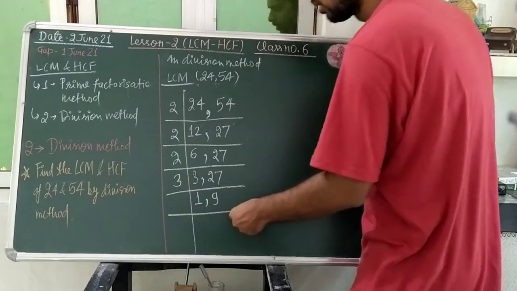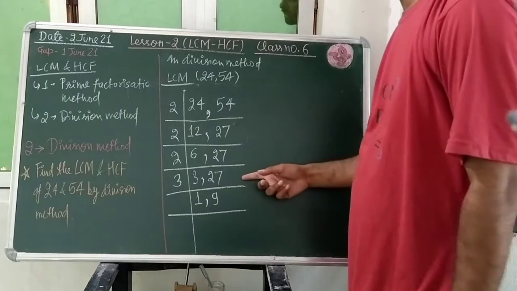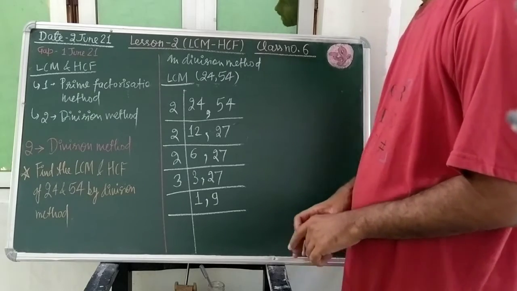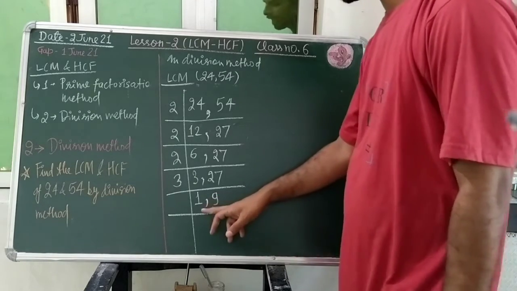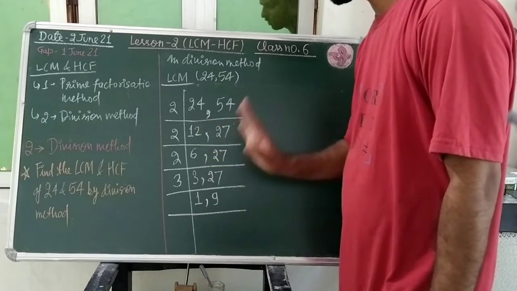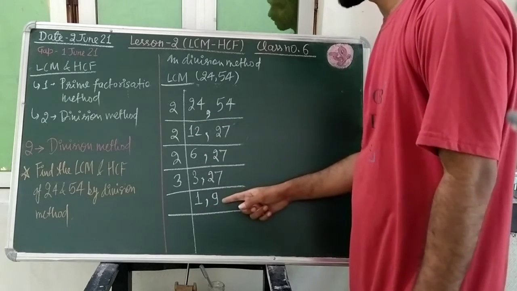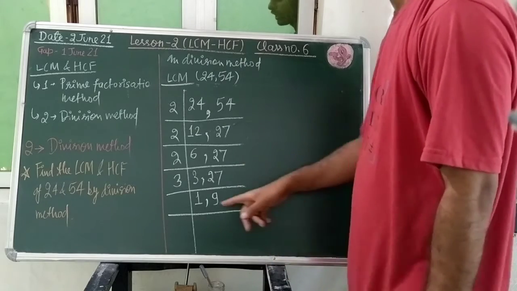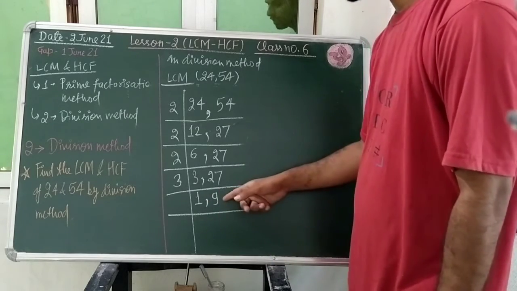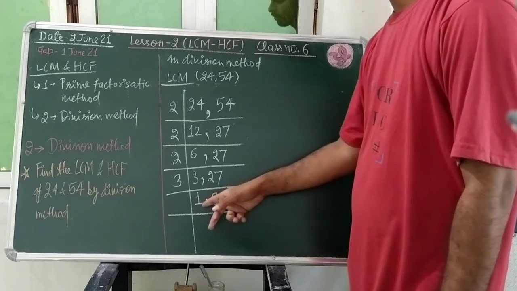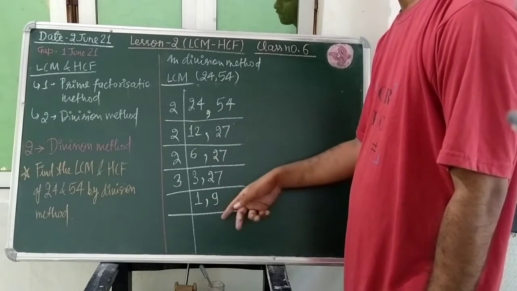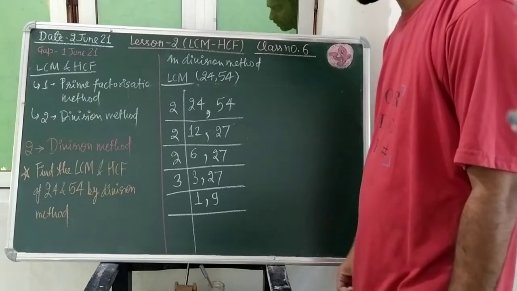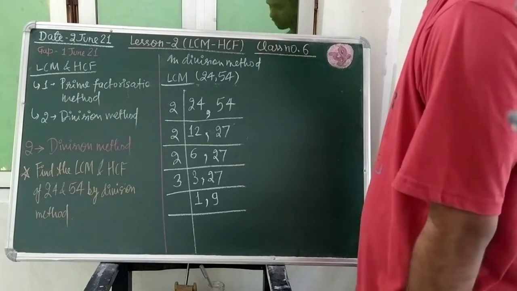So one more horizontal line will get completed, and we shall start the next horizontal line. And students, we have got 1 here for the first number. Now we shall move to that 9. We will perform this task until we are not getting 1. Here we have come to 1 for the first number, but the second number is still 9. 9 is a composite number, students.